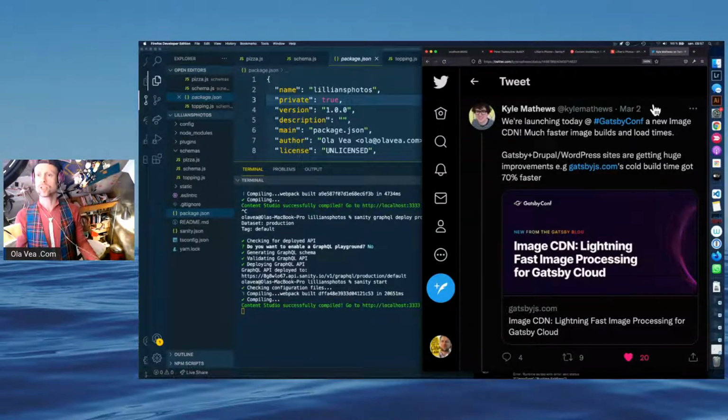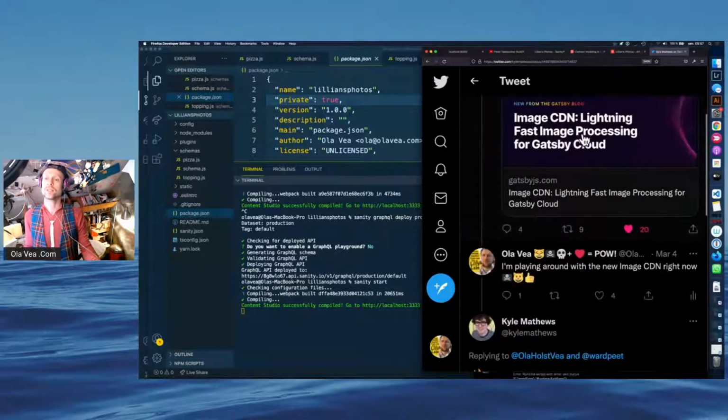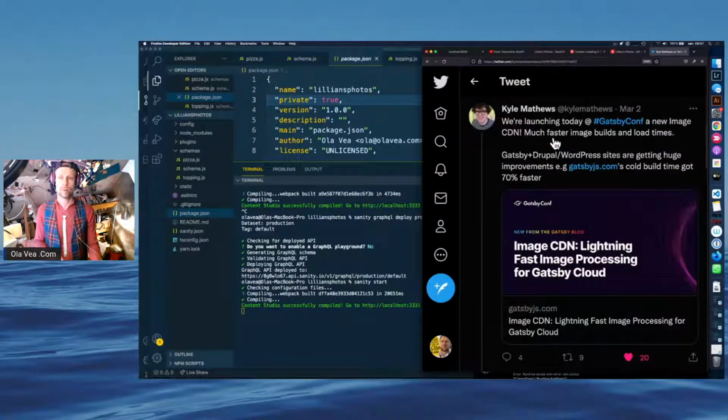Gatsby plus Drupal or WordPress sites are getting huge improvements, e.g. Gatsby JS comes cold build time got 70% faster. Okay, so here, Image CDN, lightning fast image processing. This is what I want, but